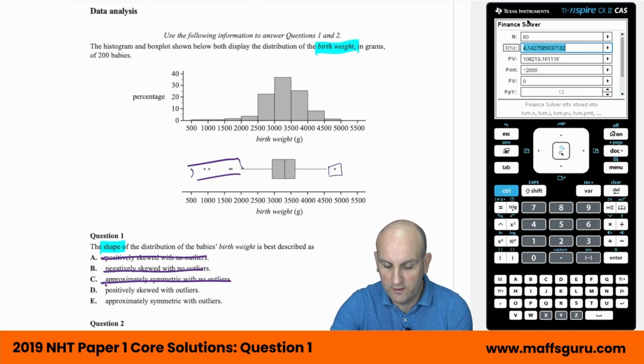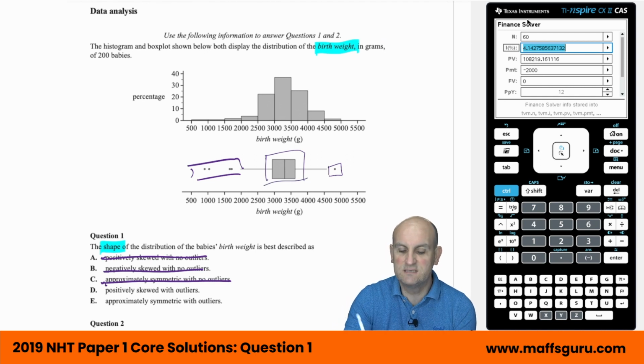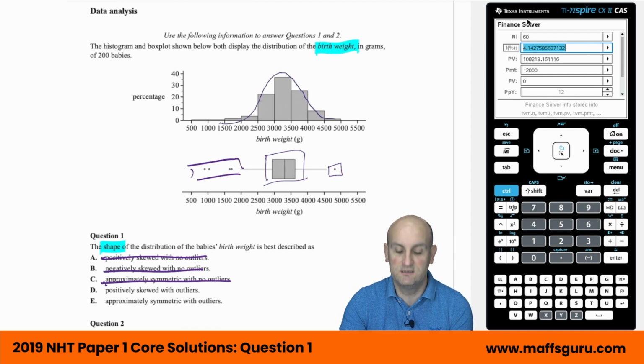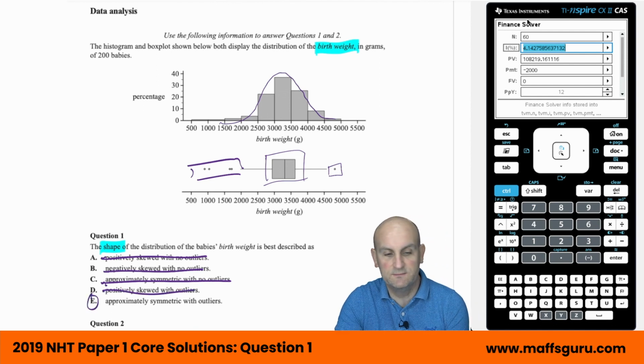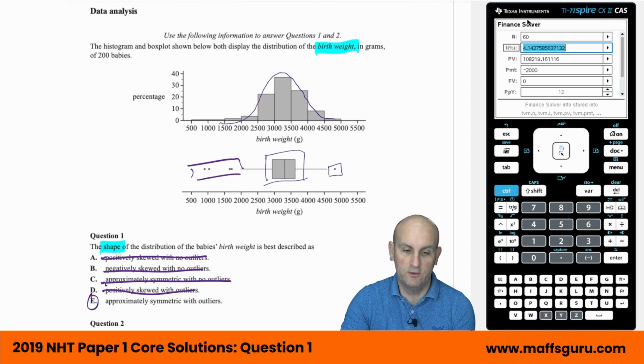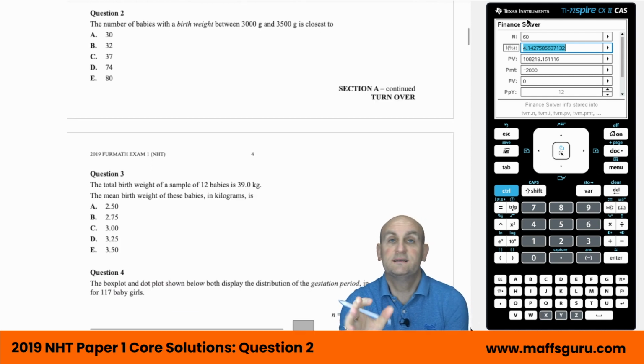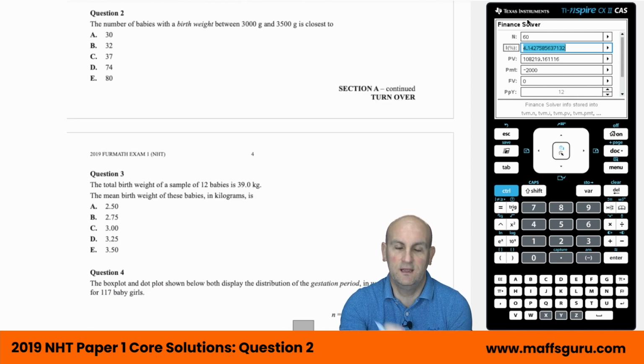Well, as far as I'm concerned, this box plot here seems to suggest that the median is somewhere in the middle. It's not too far to one side. You can also see here that it seems to be relatively symmetrical. So I'm not going to say positive skew, I'm going to say approximately symmetric with outliers. And believe it or not, that is the correct answer. And when I say that's the correct answer, I mean by VCAA. So I'm checking the answers here as